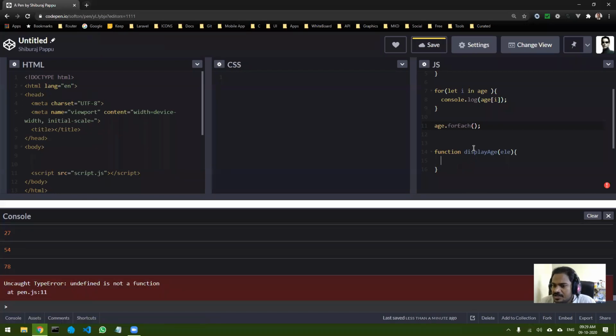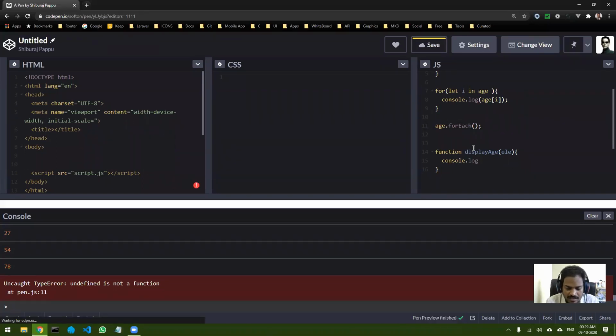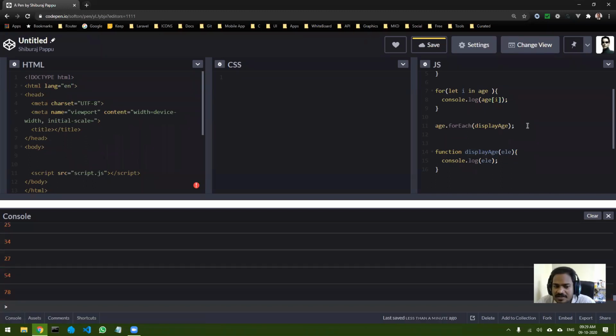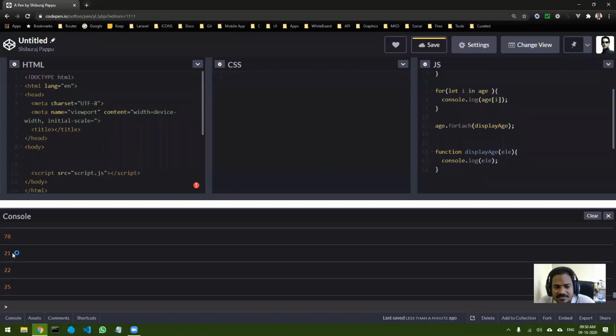Here I am going to do console.log(ele). This is the function I've created. Obviously you're not calling this function, so nothing will be displayed. But for this to work, you need a callback as the first argument, so I will provide the name of the function as the callback. If you save it, you can see it gives me the same result and provides all the data.